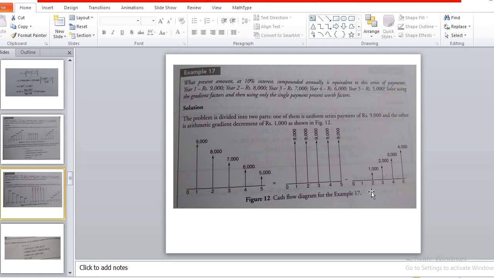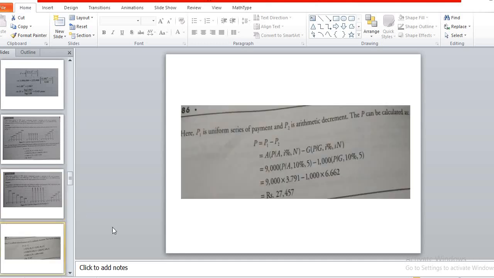After the completion of the first year, for the first year the decrement is 0. Second year the decrement is 1000, third year 2000, fourth year 3000, like that. So instead of increment, this problem is related to decrement. Instead of plus we consider minus here. In the previous problem this was P1 plus P2, so here we consider P1 minus P2. Otherwise this problem is the same.